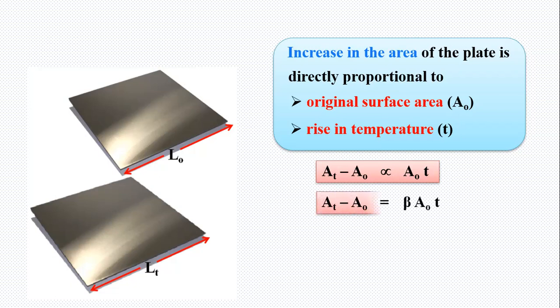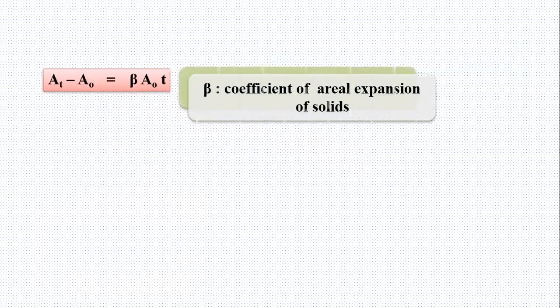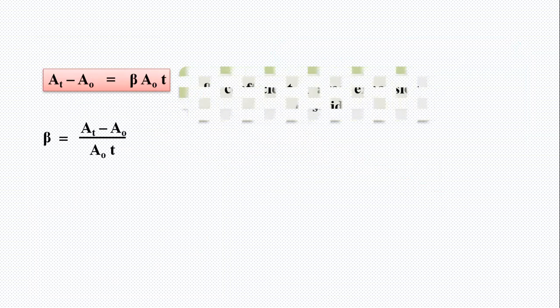Now AT minus A0 is directly proportional to A0T. AT minus A0 is equal to beta into A0T. Here beta is a proportionality constant. So for areal expansion, here we get the beta, coefficient of areal expansion of solid, or you can say thermal coefficient for areal expansion of solid. So AT minus A0 is equal to beta into A0T. So beta is equal to AT minus A0 upon